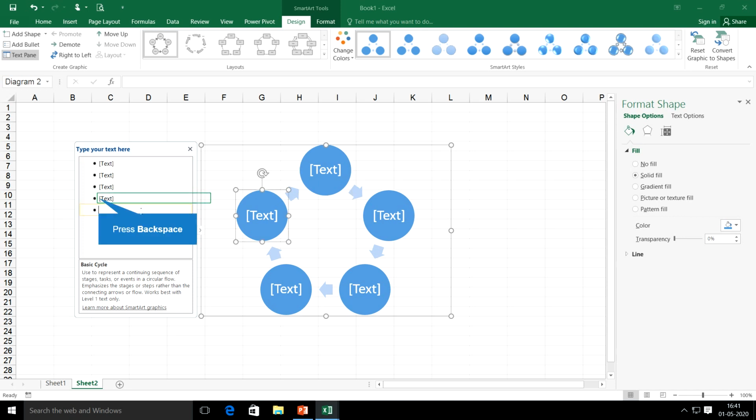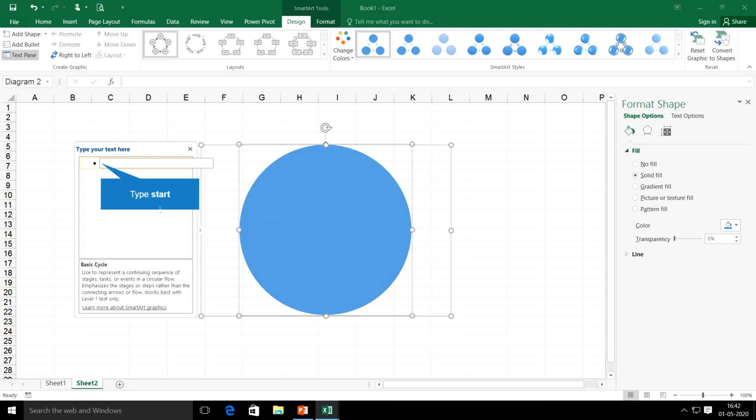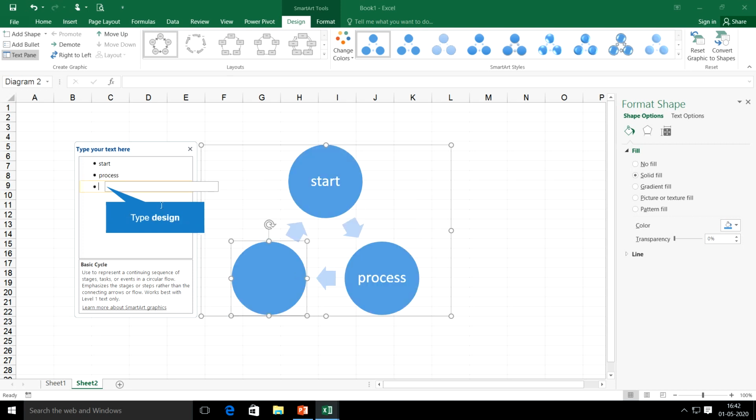So keep on the last one, press backspace, right? You can get a small circle. From here I can start, right? Start. The second process will be process. Okay, so once you press the enter key, the other circle will be getting inserted.